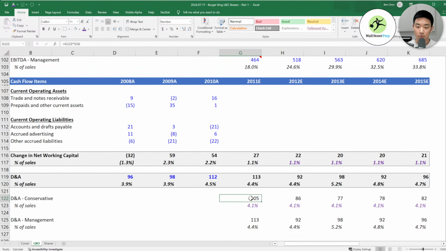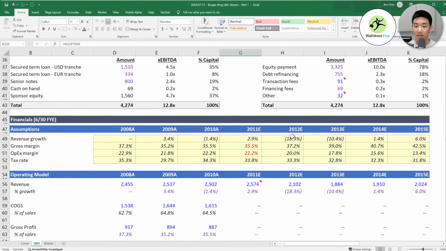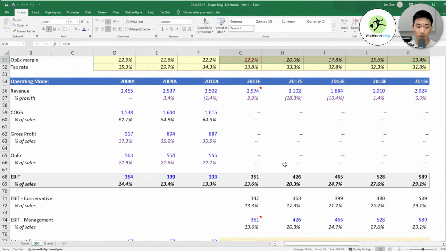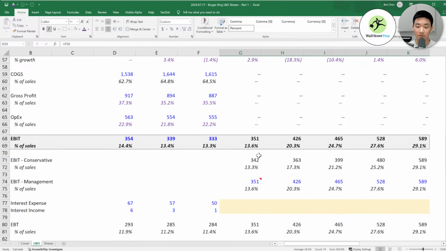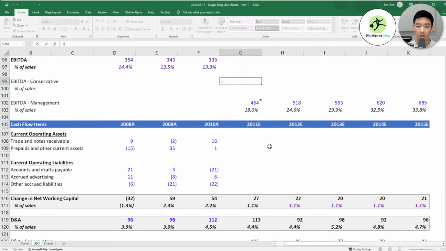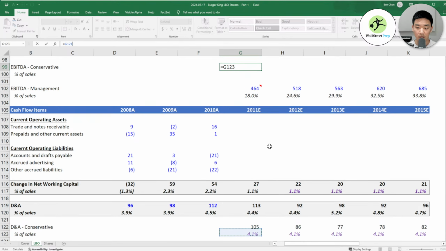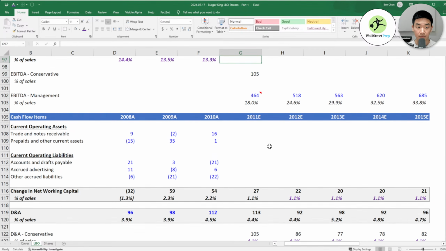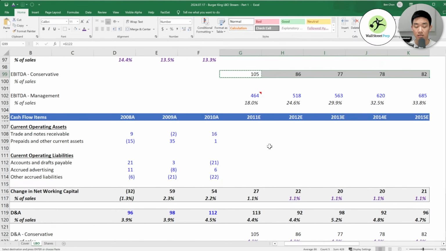In our conservative case, we're calculating this on our own. We made our own projections, and this is a conservative case we want to compare against to see what our IRRs are. And we have to calculate our own EBITDA. So that's why we have both. And we can get our D&A now here for the conservative case.